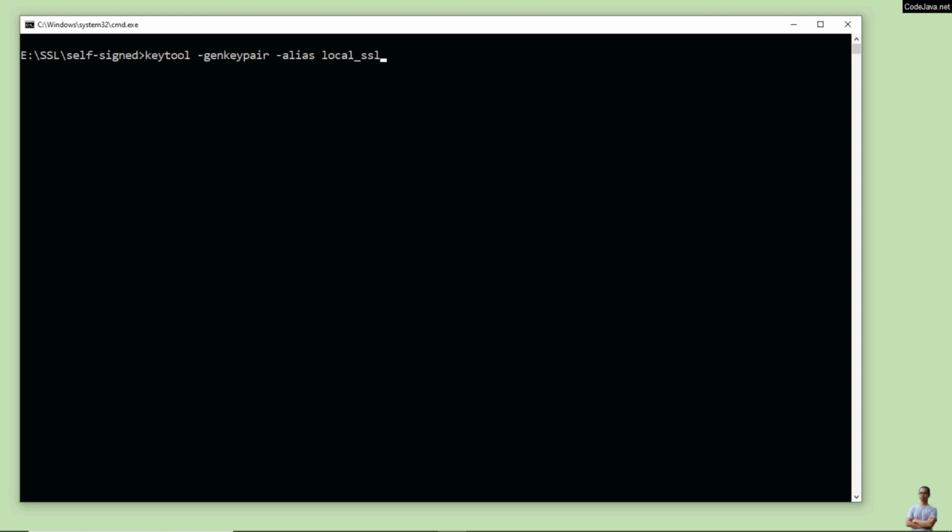You can assign any name for this alias, and then the key algorithm is RSA, which is a common cryptography algorithm, and then specify the key size is 2048 bits,